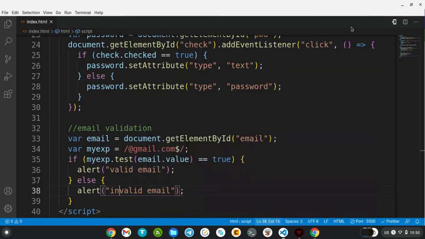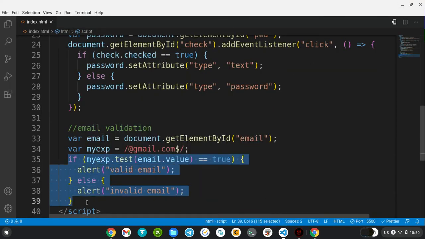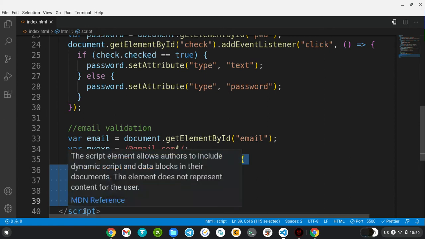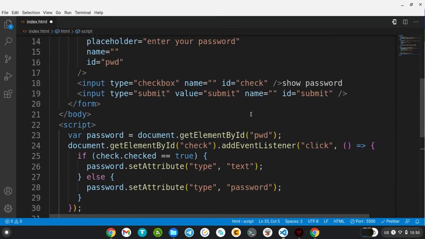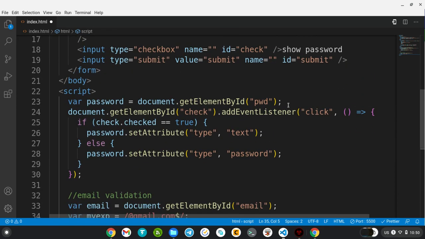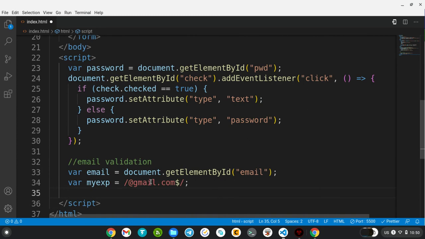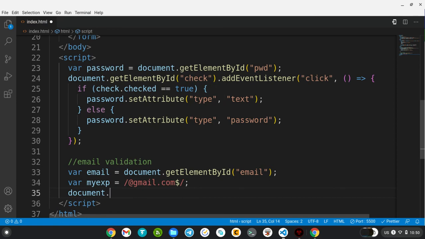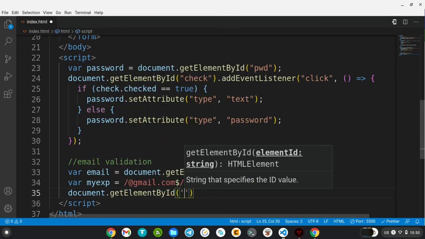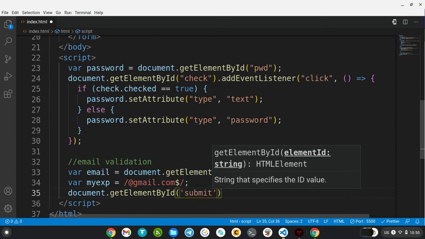It's not showing. Why? Because I didn't put this if statement in an event listener. So I'll be cutting it and getting an event listener that will be called when the submit button is clicked. So I'll say document get element by ID. I'll be getting submit. Remember, our submit